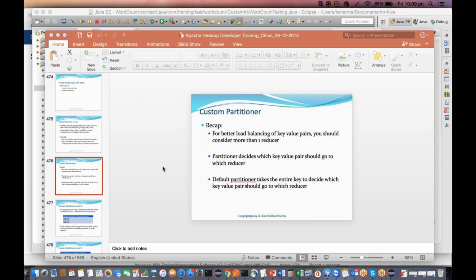Actually, it's the mapper phase, then you have the partitioner, then sorting, which happens both at the mapper and the reducer side, and grouping, which happens at the reducer side. So we are going to change each and everything. So remember that